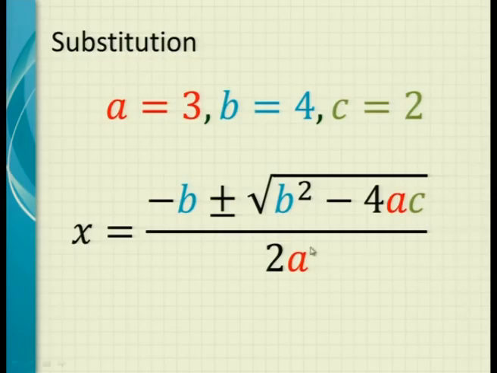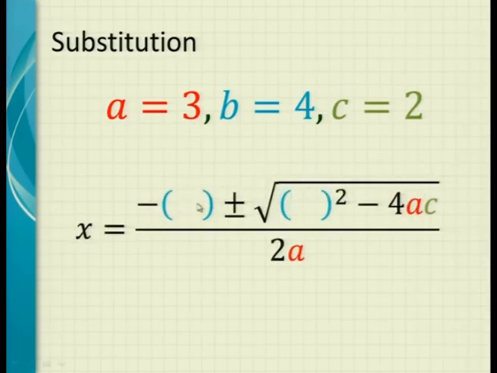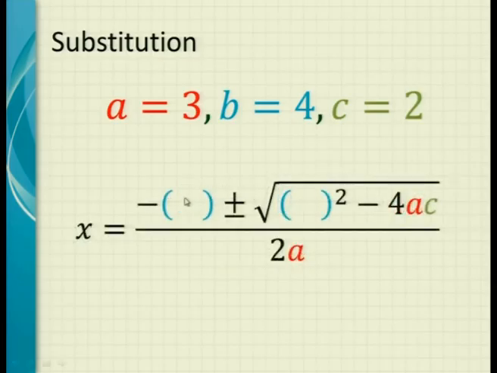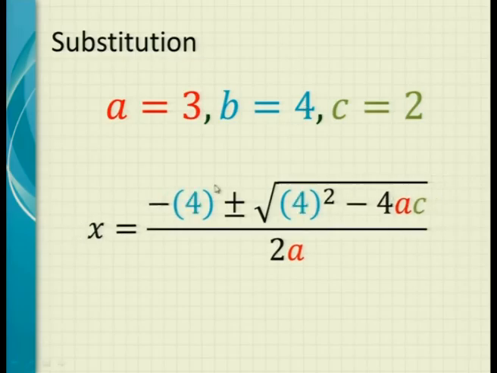And now you substitute in the same way. We put the brackets there, and we put the value inside there. So let's put the brackets in there for the B. Let me go back and show you carefully. Do you see I didn't change anything else? Look carefully: the minus, the plus minus, the square root sign, the square there, everything remains the same. Instead of the B, I just wrote the brackets, and then we put the value of B inside the bracket, which is 4.